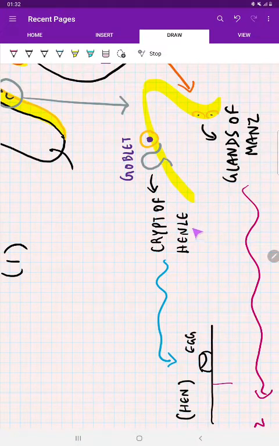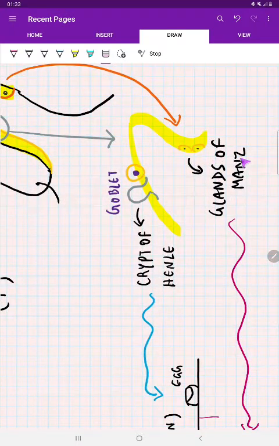So crypt of Henle, just remember, a hen is going to lay its egg on the ground. See, ground, this is very strong, no? In the eyelid, the structure which gives the architecture of the eyelid is the tarsal gland. Consider this as the tarsal. This is very firm and stable, and over it the hen is going to lay its egg. So crypt of Henle is present on the tarsal conjunctiva.